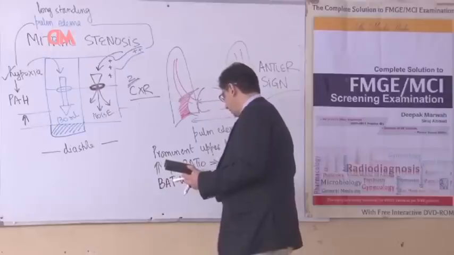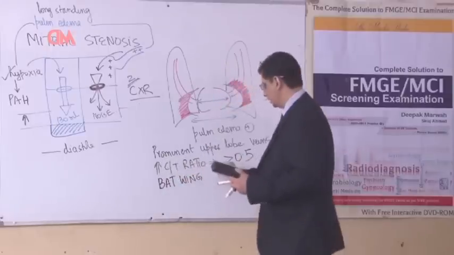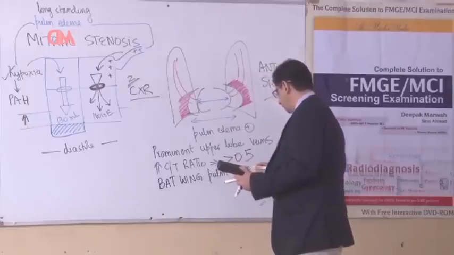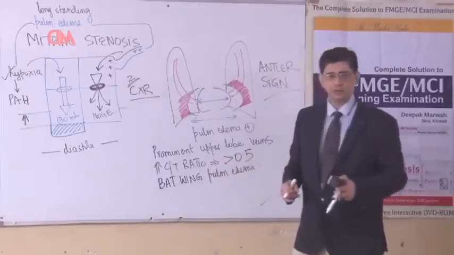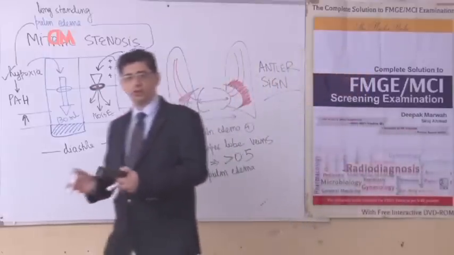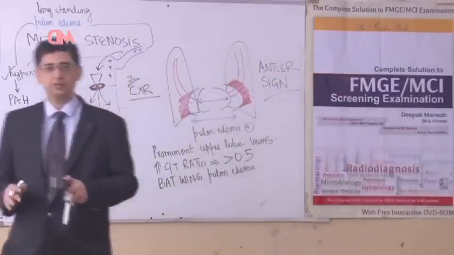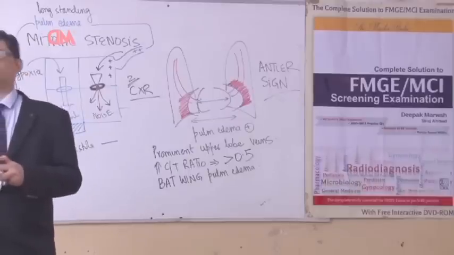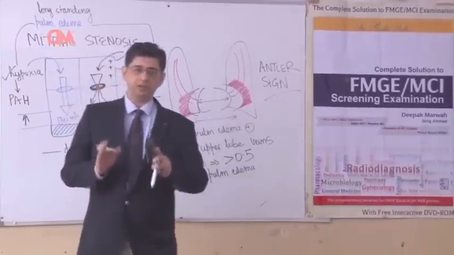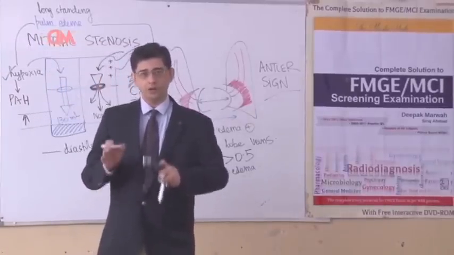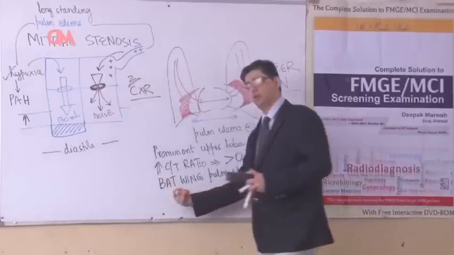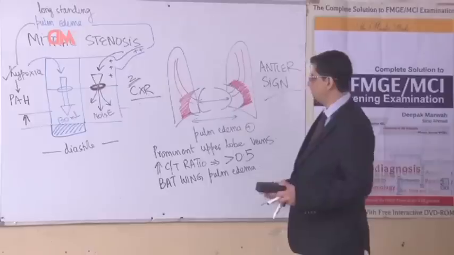Bat wing pulmonary edema is diagnostic of cardiogenic pulmonary edema. You are not going to get this in ARDS because ARDS, let me say after swine flu, is non-cardiogenic. In non-cardiogenic pulmonary edema, the radiological findings are different. In a subsequent class, we will also study the radiological findings for ARDS, but especially when it comes to cardiogenic, where the heart is involved, you would always have this characteristic word written in theory or given in a picture-based MCQ to you: bat wing pulmonary edema.